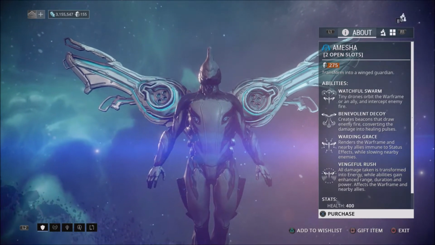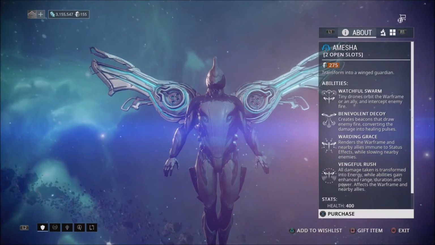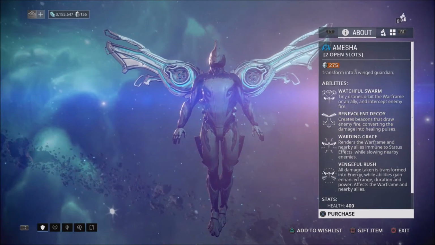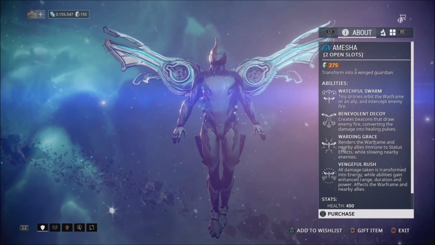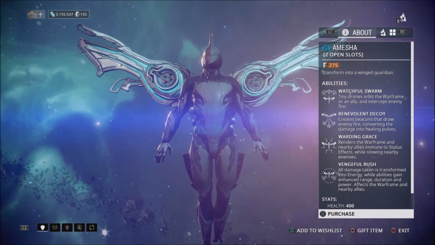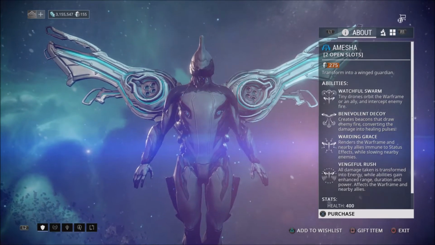Now, with the new Arkwing rework also came a new Arkwing. It is the first support Arkwing. It's called the Amisha Arkwing, and basically its first ability is kind of like Nova's Null Star. Basically, it summons a bunch of drones to fly around it and absorb damage. Benevolent Decoy creates a beacon that draws in enemy fire. It's kind of like a bullet attractor for Mag, but it attracts all the enemy's bullets